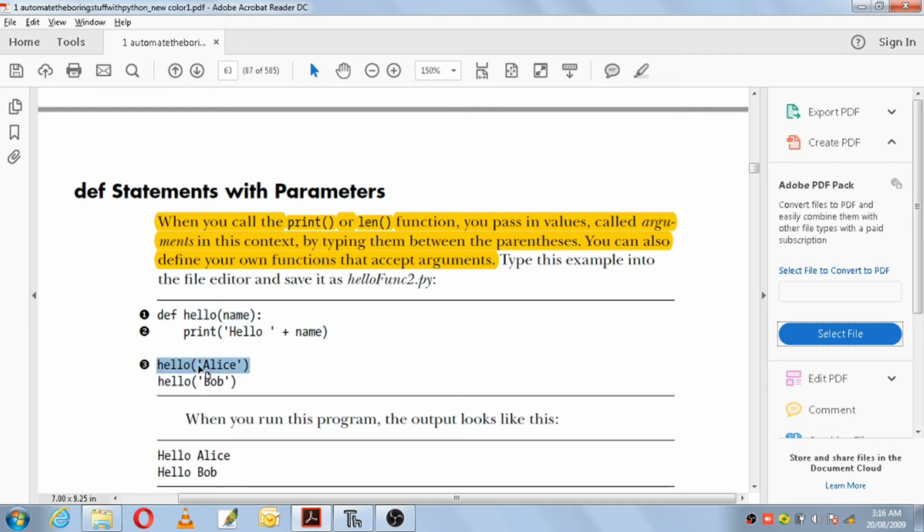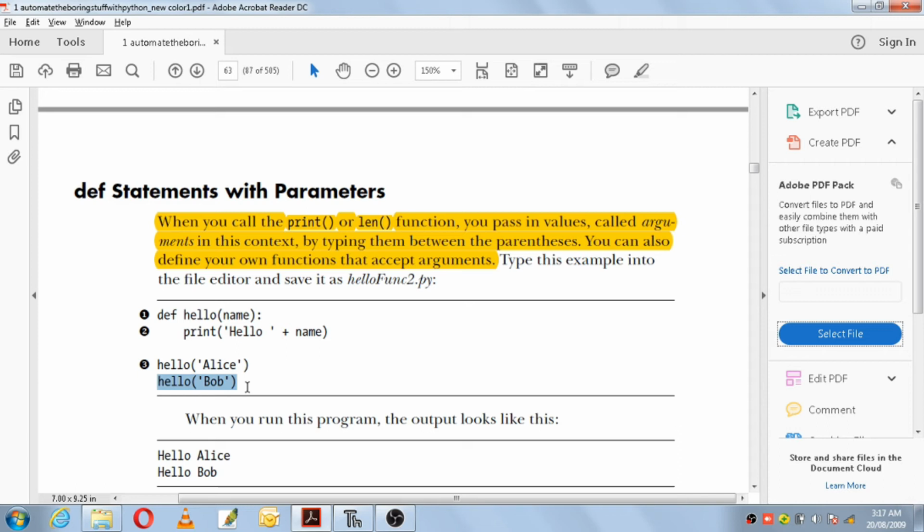The work of the parameter is to store the arguments that are passed during the function call. So the function call will not just call the function hello, it will also pass the argument Alice to the parameter name. A parameter is nothing but a variable which is used for storing the argument values. So you call the function hello with the argument Alice, Alice sits in the parameter variable name, and it will print hello plus what is sitting in name, Alice. After printing this, you come back to the function call and execute the next statement.